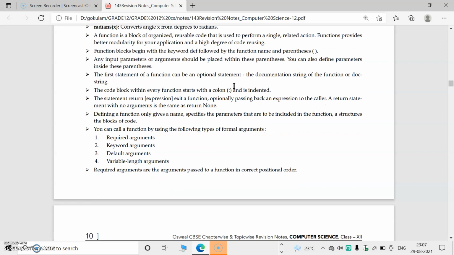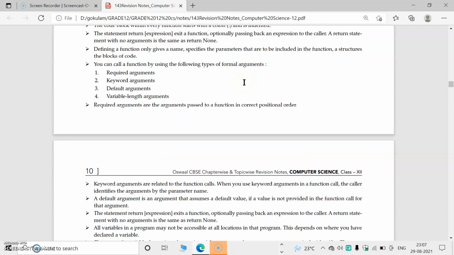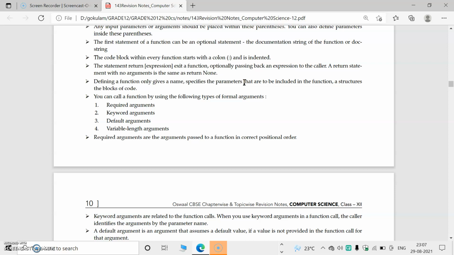And there is a function call also. When we call the function, then only the corresponding function will work. The function definition will be at the top of the program. The function call comes after the input statement. Then after the colon there will be some indentation or spacing, which is known as the function body. Inside that we will perform some operations.